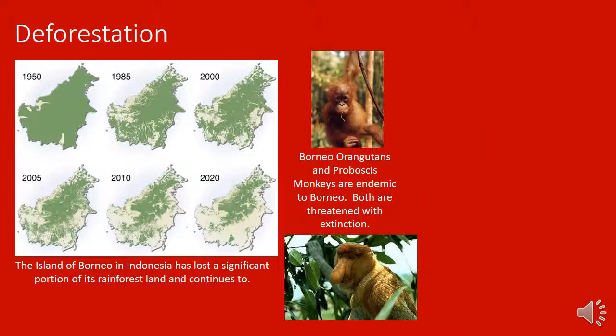The stuff we buy has a big effect on it, right? So around the world, deforestation is a major issue, especially in Borneo. So the island of Borneo in 1950 was basically a giant jungle. But since 1950, we figured out Borneo is a good place to grow stuff like rubber and palm oil. And so the forests have been cut down for agriculture mostly. And so orangutans and proboscis monkeys are both now endangered, and they're threatened with extinction because their habitat's been destroyed due to deforestation. And so the biggest thing that we can do is don't support products